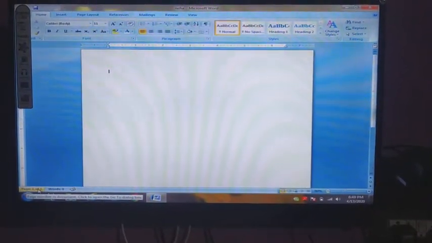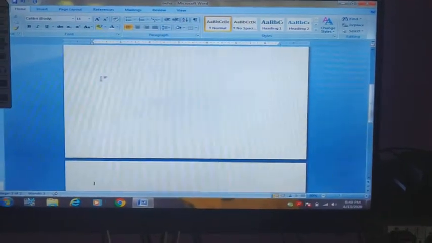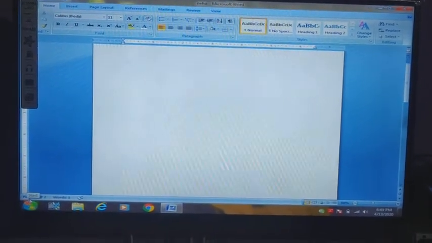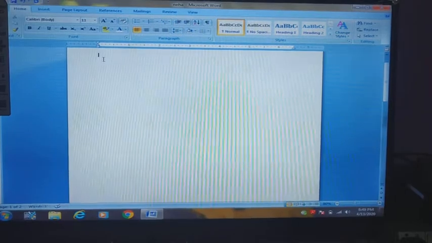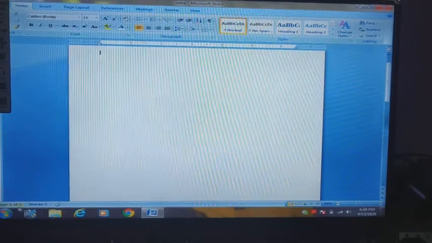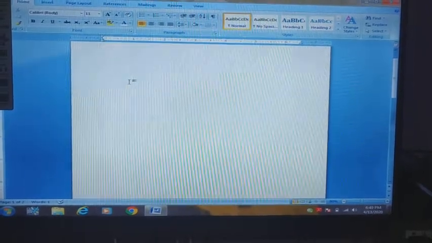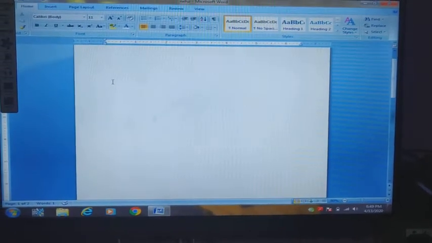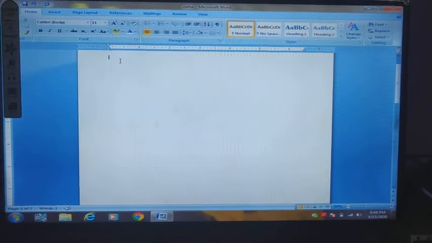This one is your status bar. For example, I show you. I am taking one more page. Okay, now I have 2 pages. I am keeping my cursor here. So it will show page 1 of 2. It means you have 2 pages and your cursor is on page number 1. If your document has 5 pages, it will show how many pages you have and on which page your cursor is. It shows the status of your document, number of pages in your file, and where your cursor is.